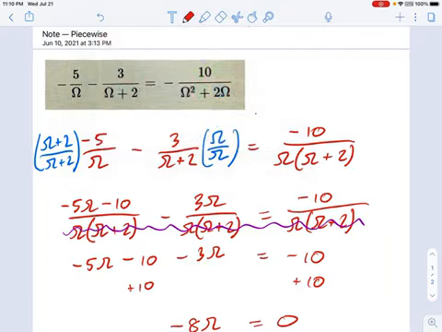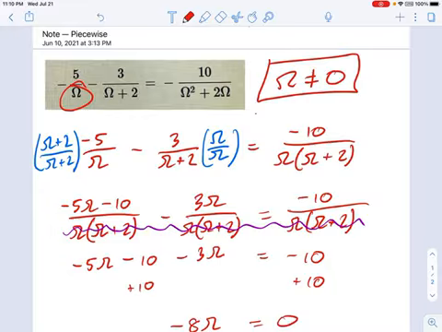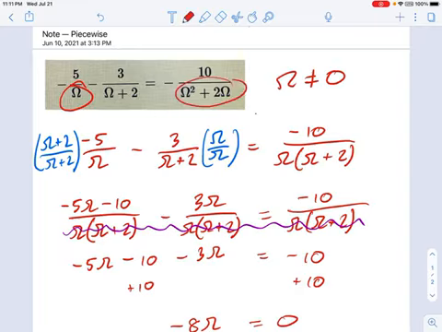Take a look at all these things. See that omega right there? If you plug a 0 in for omega, you're going to get a 5 divided by 0, right? We have a domain restriction here, which we didn't mention at the beginning. Omega can't be 0, and what else can't it be? Oh, there's something else. Over here, we see that, well, not that one. That's confusing to look at. This one. That one says omega can't be negative 2.